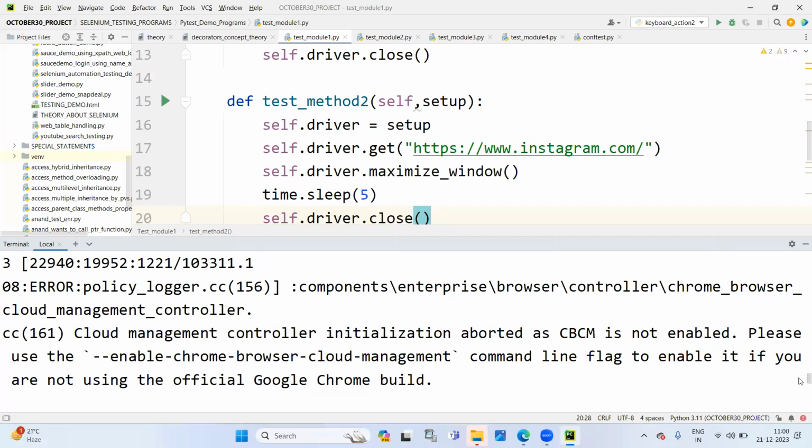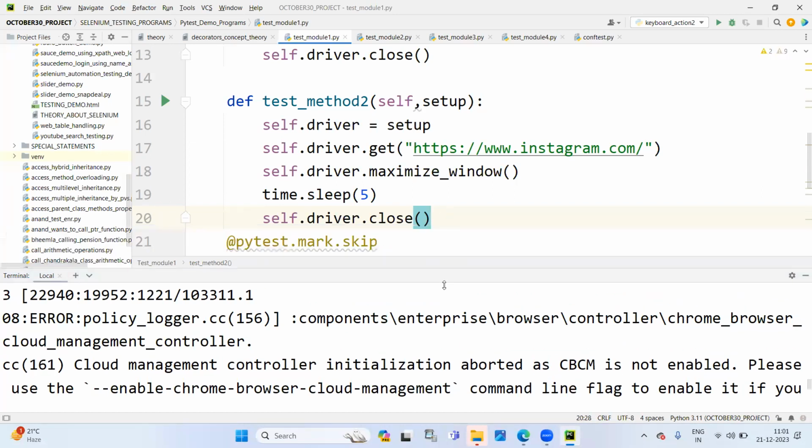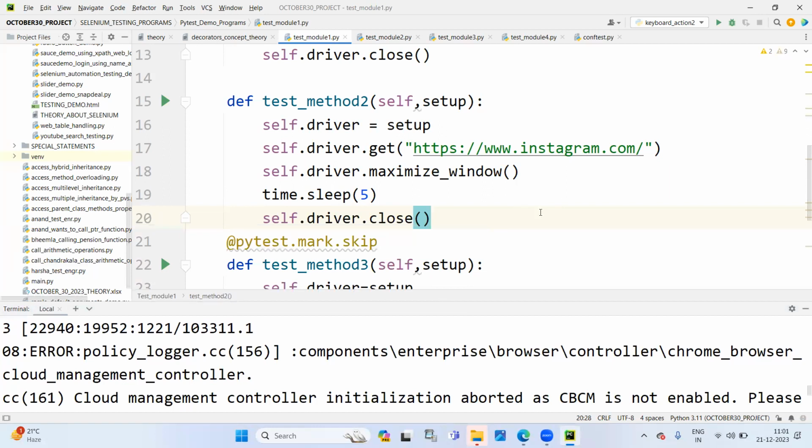Yes, sir. So in the next class, I'll teach you what is grouping. Or else, do you have time? Shall I continue grouping? Yes, sir. Okay, okay. Now,